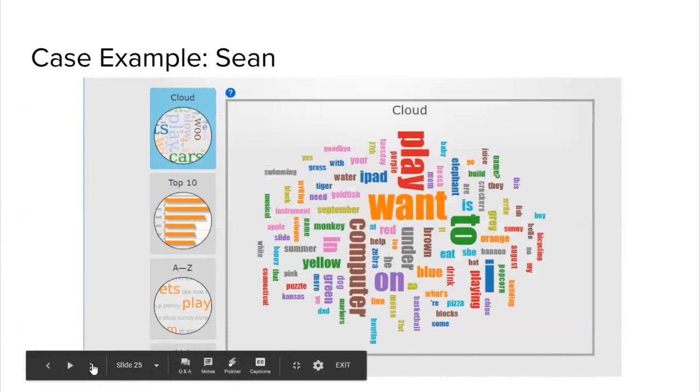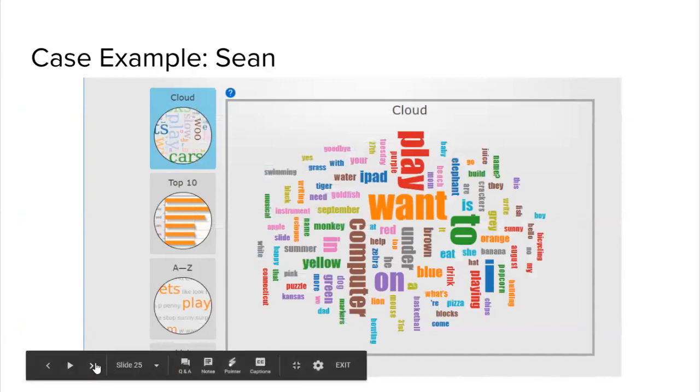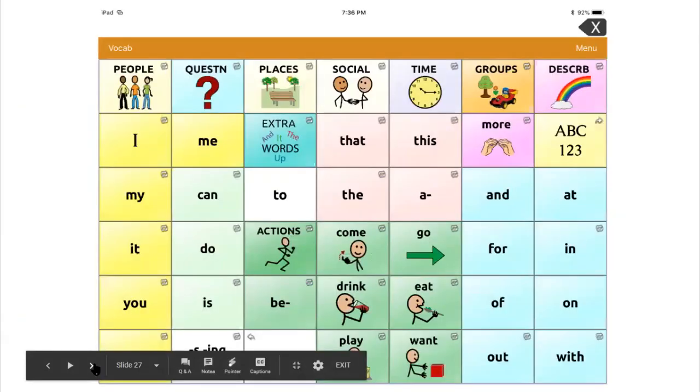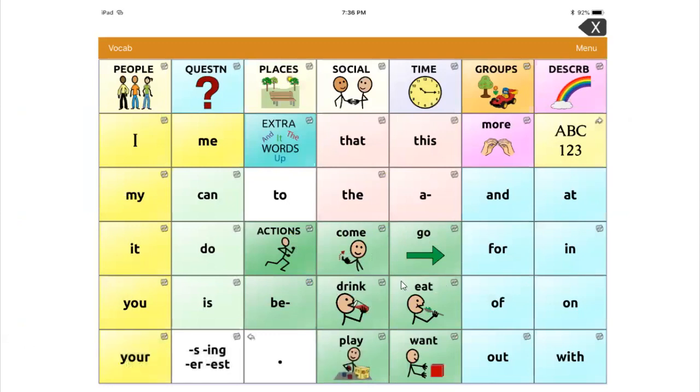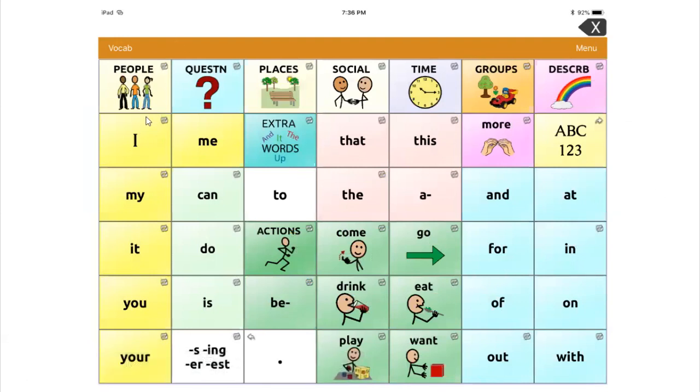So, not just requesting multiple things. You can see describing blue, orange, gray, a lot of playing. He loves to play ball and interact with other people, play Jenga. So it's really helped him access his environment. He uses this. He has a vocational job that he does. He uses it there to communicate with people, and it's also helped him communicate more effectively with family and other people in his world. So that's a real success.